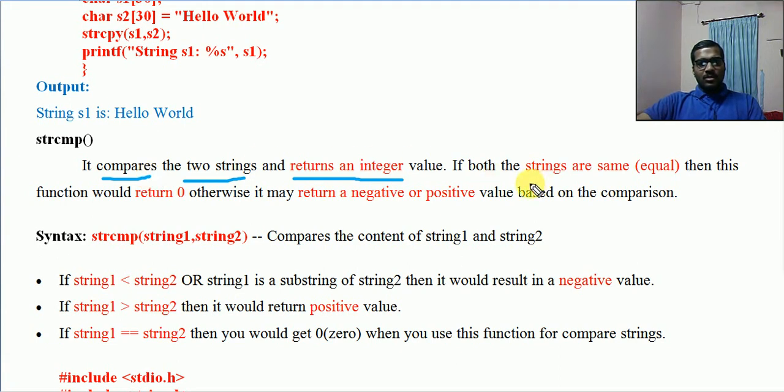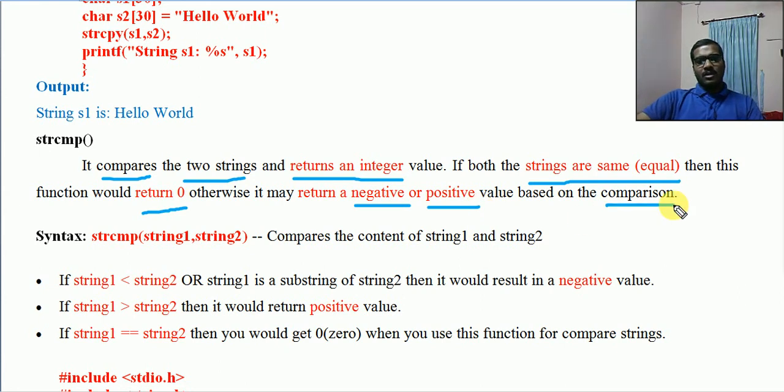If both strings are exactly the same, if you are using s1 and s2, then strcmp returns 0. Returning 0 means the strings are equal. Otherwise, it may return a negative or positive value based on the comparison.